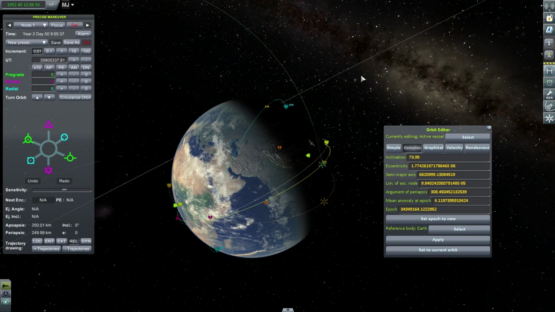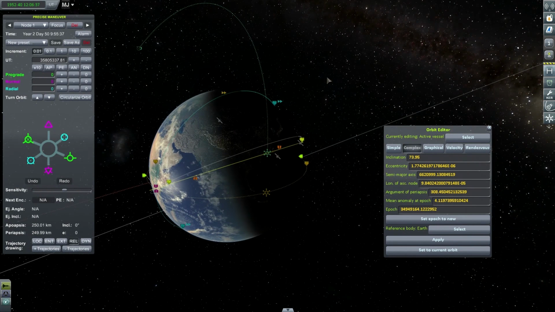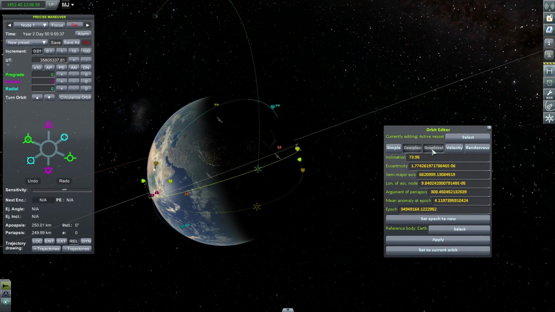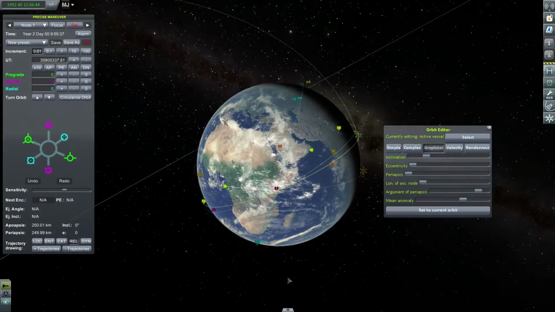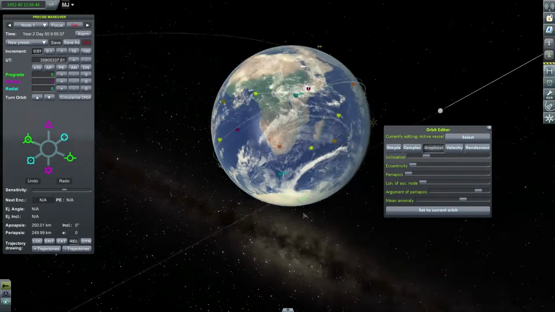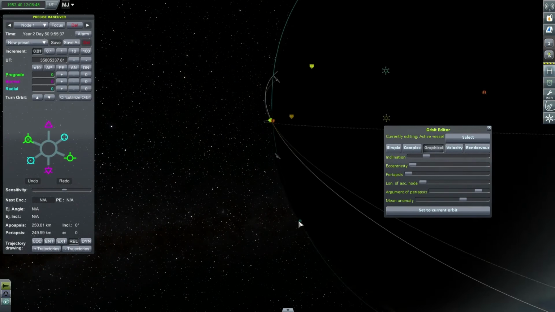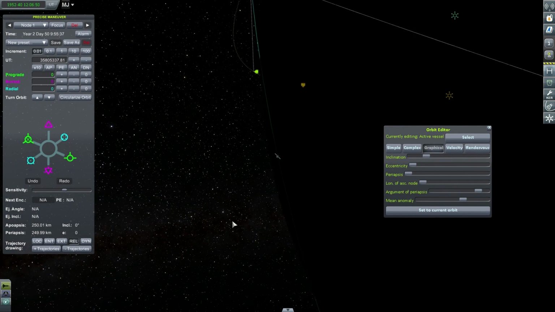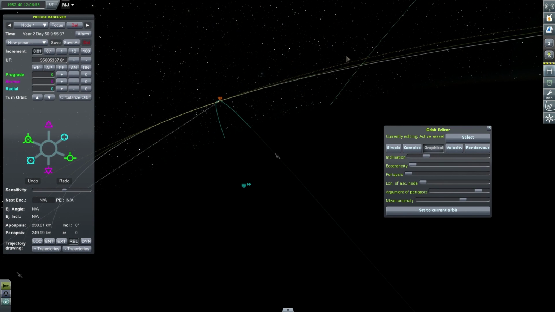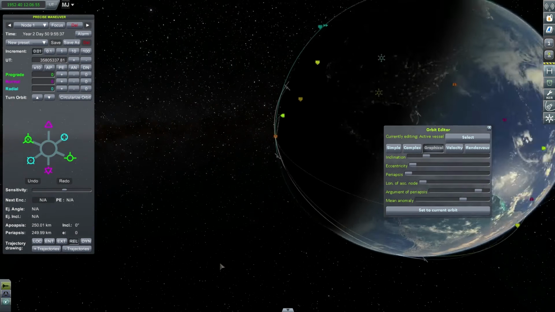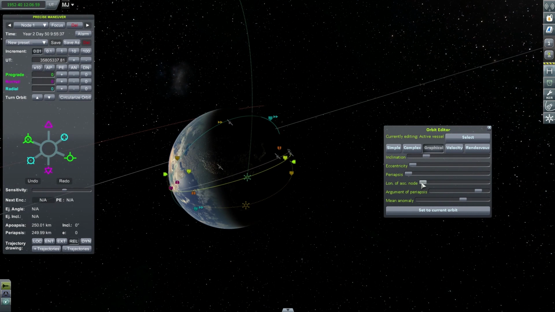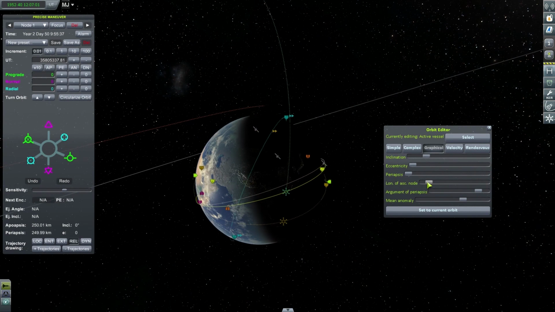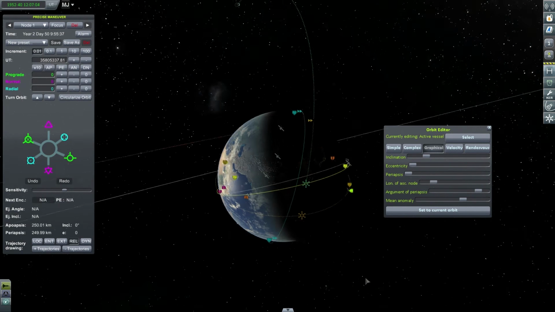Now this is, like I said, a more efficient method, but not as efficient as the next method. It's going to require a little bit more eyeballing. Let's switch over to graphical, and we need to make sure that on this side of the orbit, we are actually going up. Which way are we going? Are we going down? Are we going up? I can't really tell. I think we're going south here, so this is the way that we want it. So what we need to do now is rotate the longitude of the ascending node to roughly align with